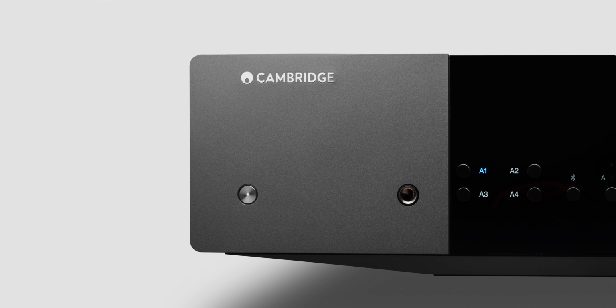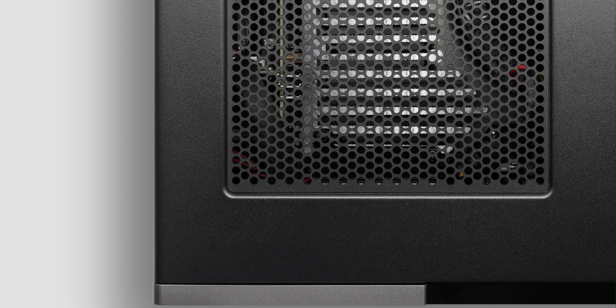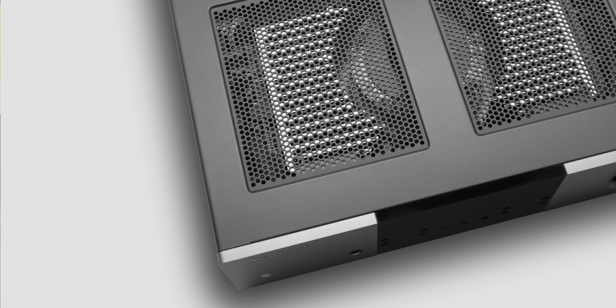Now they say the amp draws on trickle down technology from the Edge M monoblock power amplifier for their 100 watts of AB power. I feel like that's enough power. I don't know if they'll ever make a 200 watt power amplifier. Their Edge, I believe, was only 100 watts as well, and I haven't heard much complaint about the power rating, so I figure that's enough. They also have a dedicated power amp mode, which